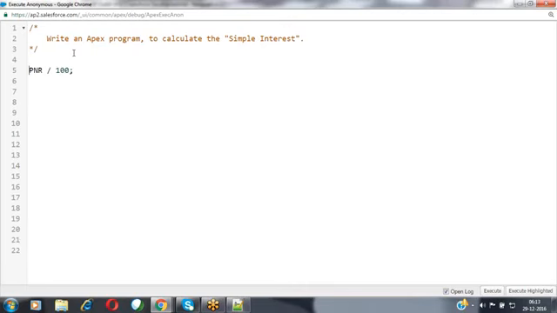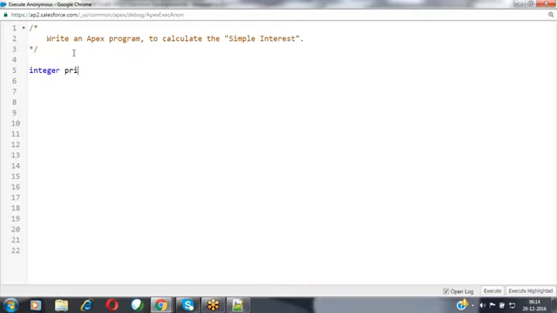P means the principal amount. N means the term, the duration, and R means the rate of interest. We have to store the values of the rate of interest, the term and the principal amount here. In order to store these values, how many variables do we need? Three variables. In order to store the result, we need another variable here, so in total we need 4 variables of type integer. So now I am going to define those variables here.